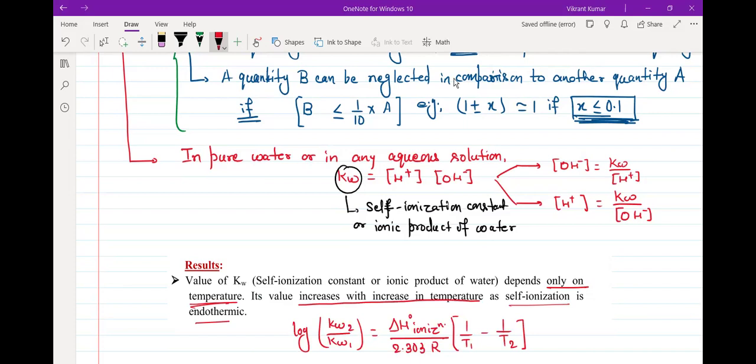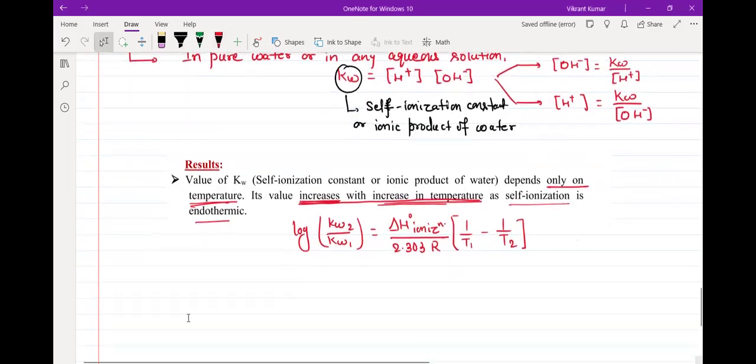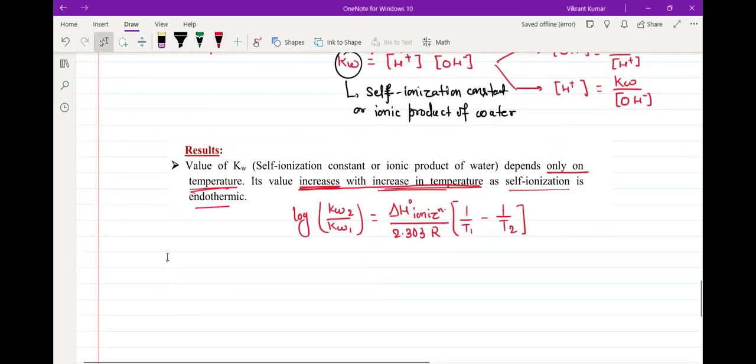एंड दैट्स व्हाई वी आर गोइंग टू हैव this relation whenever it will be required. Normally ये required नहीं होता, they give you the value, but normally this is an important mathematical relation, but qualitatively we can say its value is going to increase if you are increasing the temperature. Any doubt in this part? Now, one value, if required, they'll never give you, and that value is at 25 degrees C. If nothing is written about the temperature, we'll consider 25 degrees C, which is considered to be the room temperature. So, at 25 degrees C, you need to know that its value is 10 raised to minus 14.